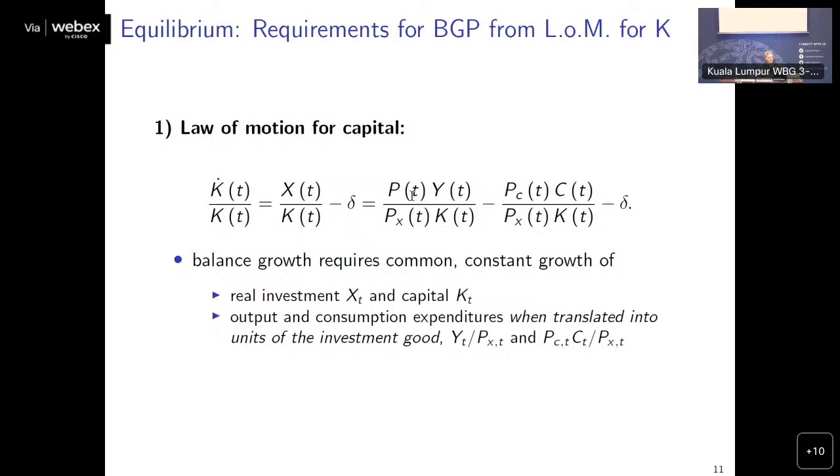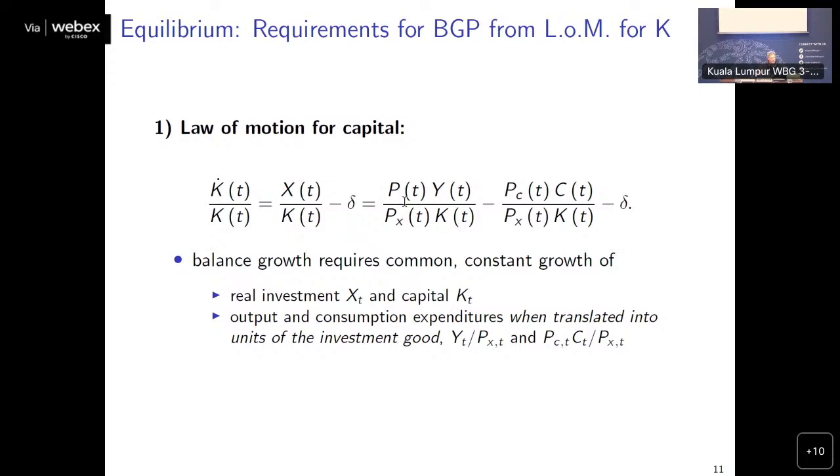So what is that? Well, we can substitute in the budget constraint, which is that investment is just income minus consumption expenditures. That's going to be investment expenditures over, what I've done here is put the value of the capital stock. Why is that? I can't remember exactly why that is at the moment, but trust me on that. I'm trying to think where the PX came from. Should have slept a little bit more yesterday.